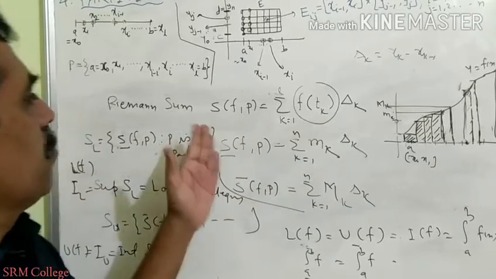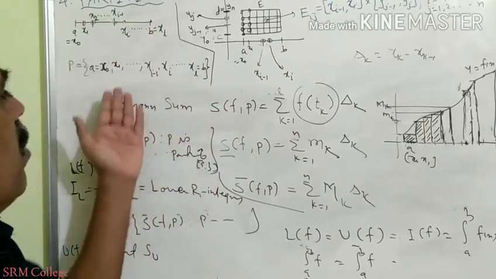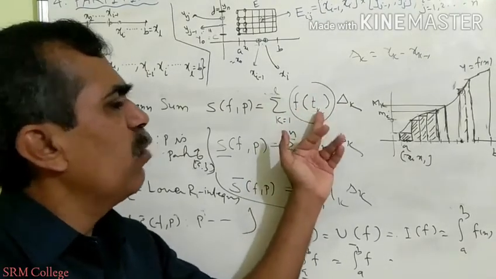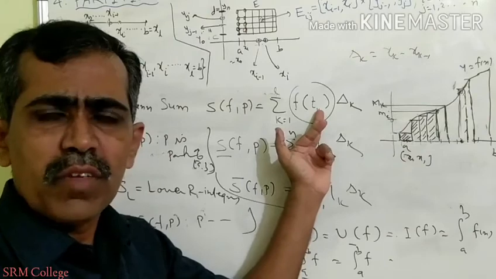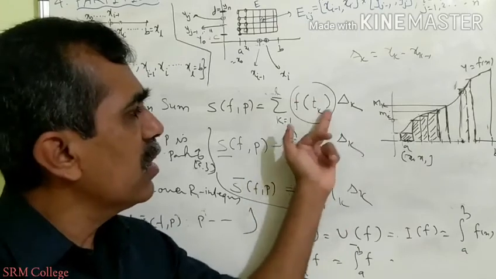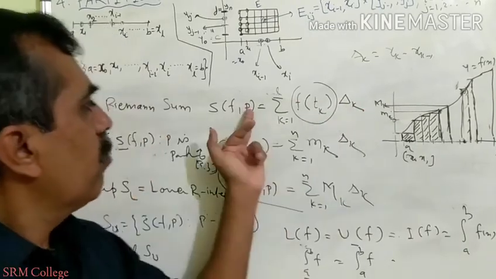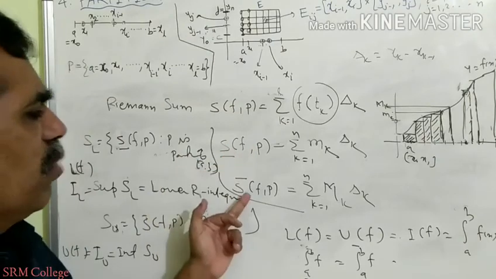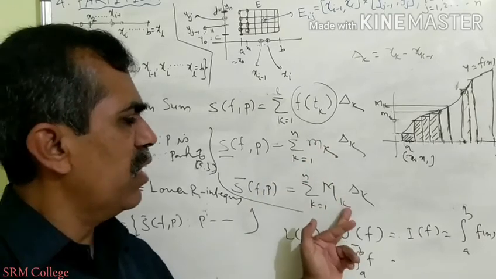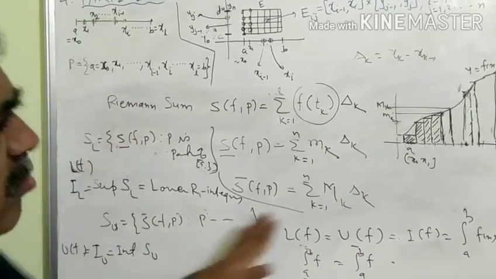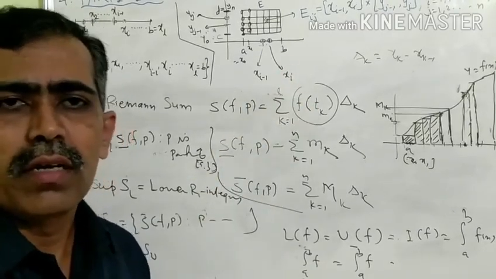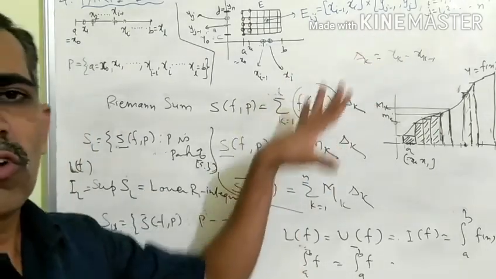Similarly, it is very similar to the Riemann sum SFP for a function of one variable. Instead of one variable, you just add one more variable here, Tij or Tijk, Tij delta ij, or Tijk delta ijk. And what you will get is the lower sum, upper sum, Mij, capital Mij, Mijk, and so on. So all these things are similar. This is how we define the integral of a function. I think you might have followed all these things.